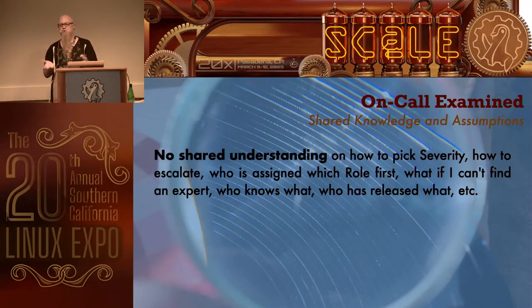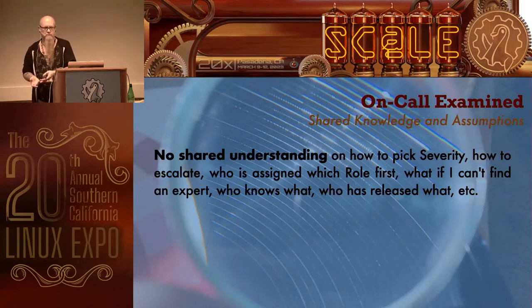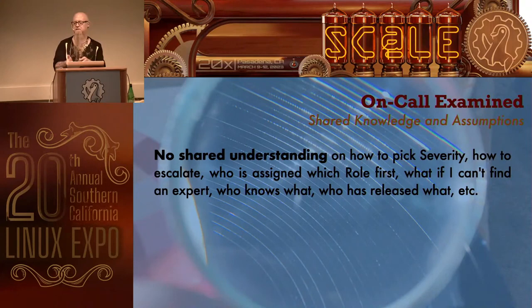And no shared understanding. So you get into an incident, it was inconsistent. How do we pick severity? Do you know how severe it is? Sometimes people would use severity in kind of a weaponized way. Oh, the VP of this customer is having a problem. Well, it's not a very major problem. It's just like they put their email in wrong. But the salesperson for that customer may declare the incident as a SEV 1. And so everyone freaks out because it's a SEV 1, but it might even be a customer configuration problem.